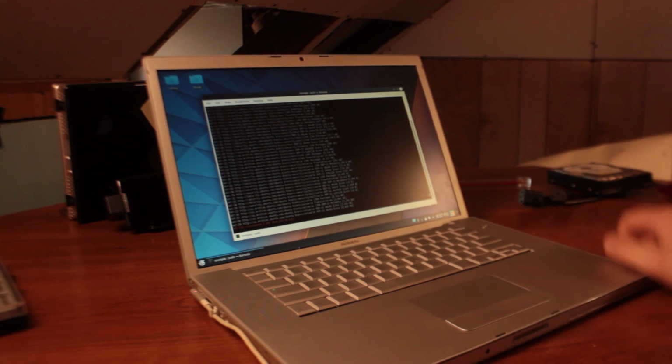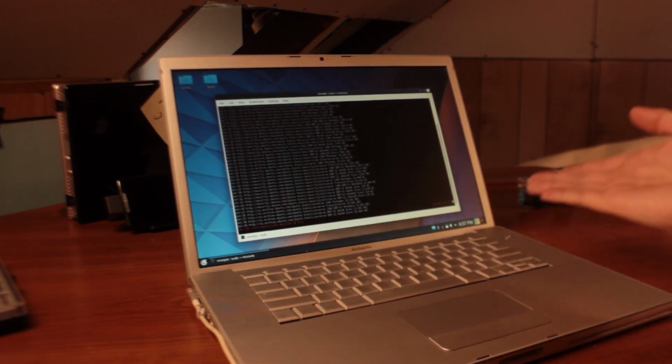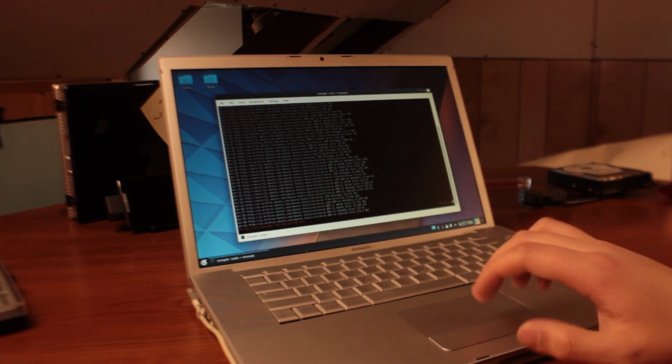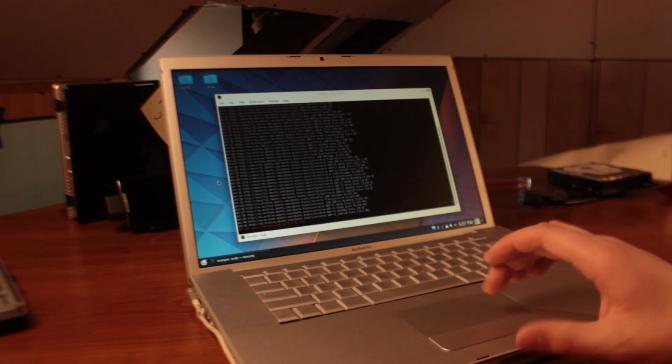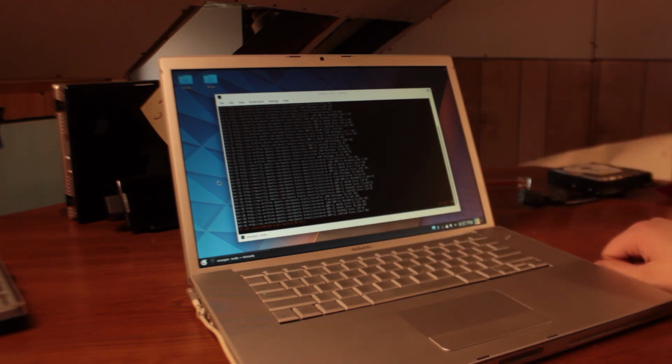So okay, after going through all of this and doing everything, you now have a MacBook Pro with your flavor of Linux on it. It's like, well, what do you do with it now? Well, what's the point of actually doing this? And well, not only do you have a more modern operating system,